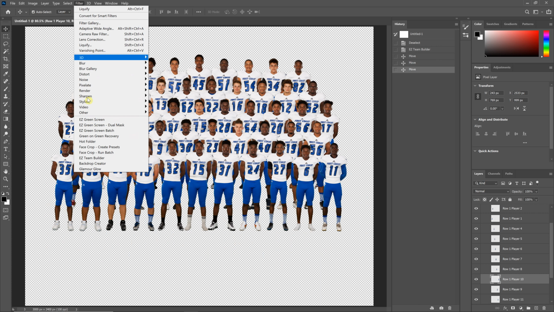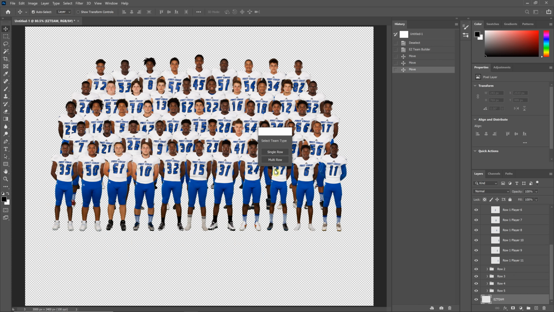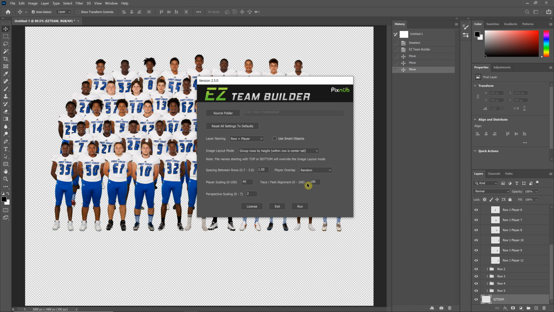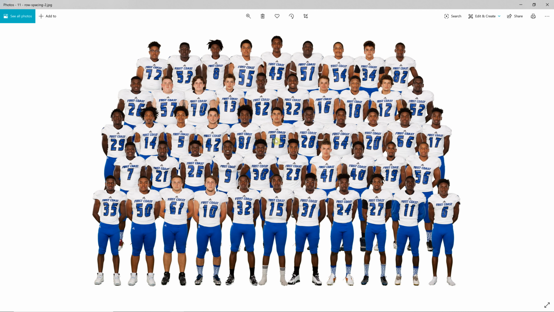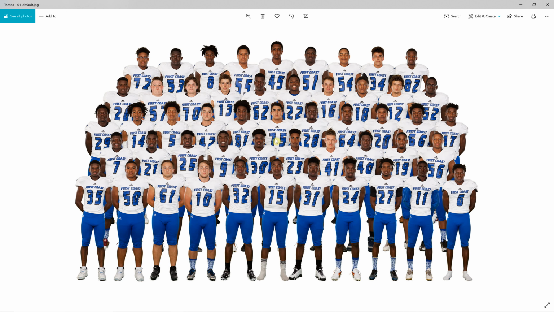And remember in the beginning of the video when I mentioned there were some settings you can use to adjust how it builds the team. I have just a few examples here. Let me go to the beginning here. So this is the default, and by default it will decrease the sizes of the rows as you go back